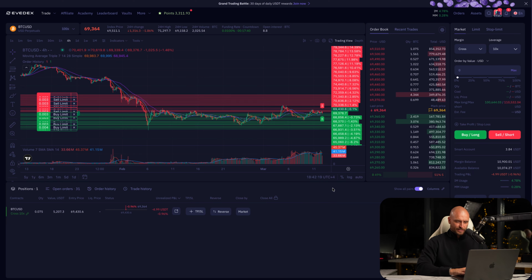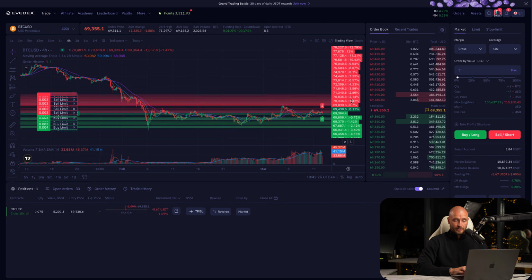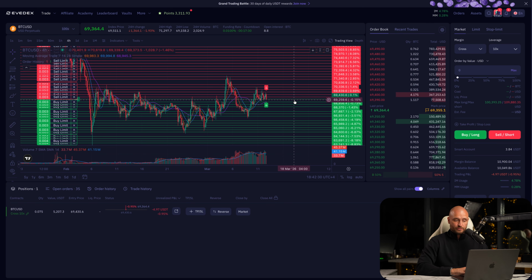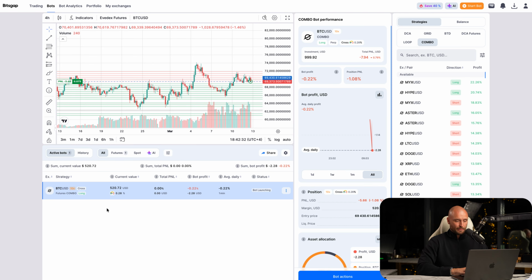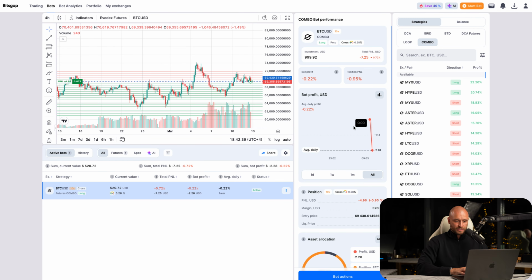So, and just like that, as you can see, most of the orders already showed up, and the trade itself shows up just like any other trade, and you can monitor it on your exchange that you're using, and it's actually extremely straightforward. And on Bitsgap, it also shows up as a trade with all the same data, and here basically you can see your total P&L, you can see your total bot profit,